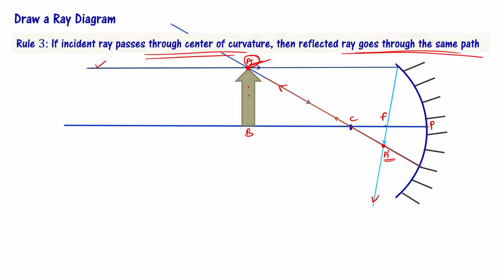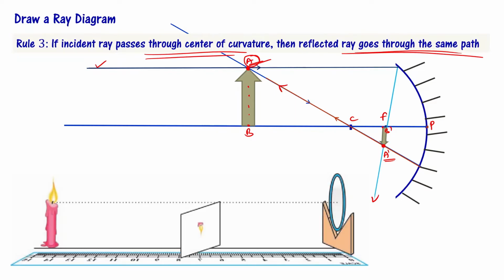Similarly, I can take multiple points and do this exercise such that, for example, if this is my B, I'm going to get B prime here, right? And connect all those such that you are going to get A prime, B prime. A prime, B prime is the image of AB. Understood?